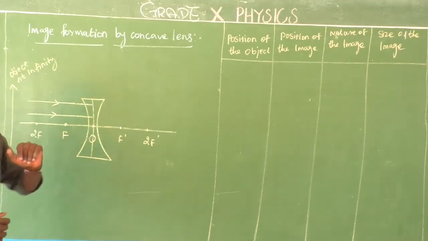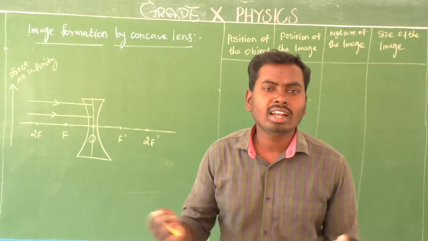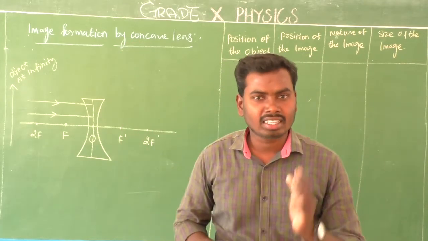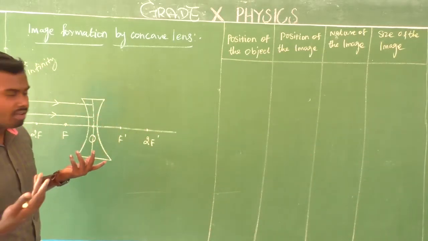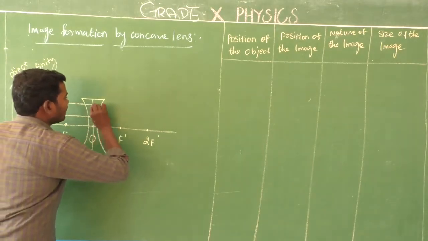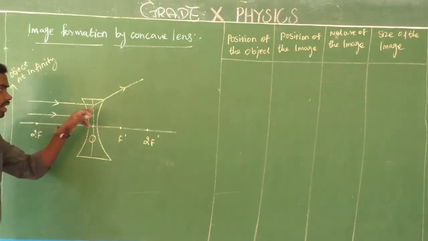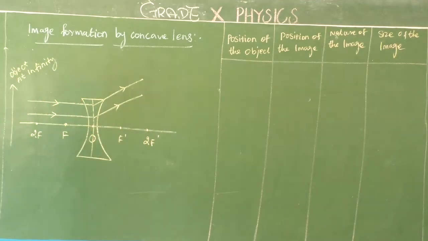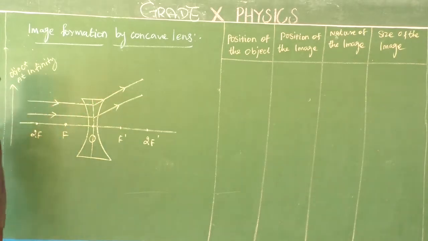But look at here. This concave lens is a diverging lens. What is diverging? Diverging means nothing but spreading out. Light rays are spreading out in different directions. That is diverging. So this concave lens is a diverging lens. After refraction, what will happen? After refraction, the rays of light diverge from each other like this. Can you see clearly? Yes. Here two rays are diverging from each other after refraction.